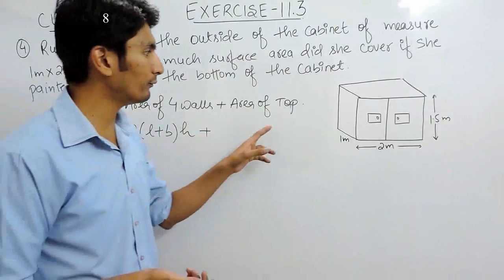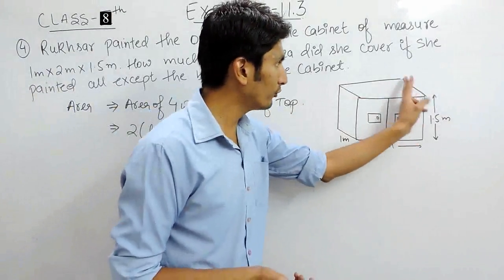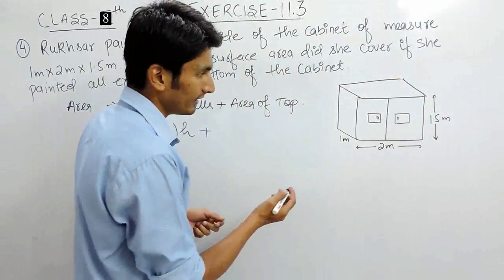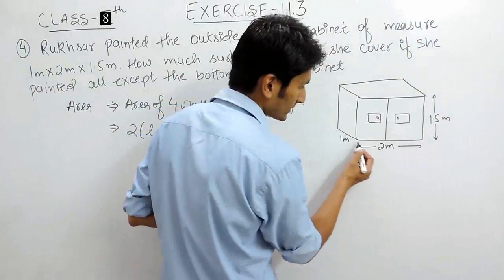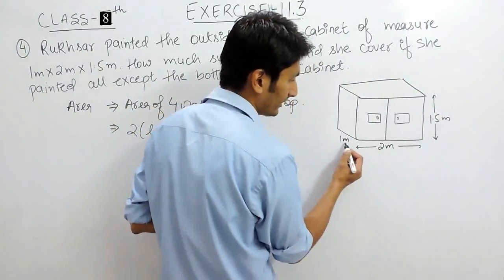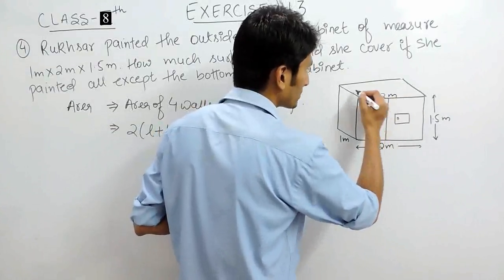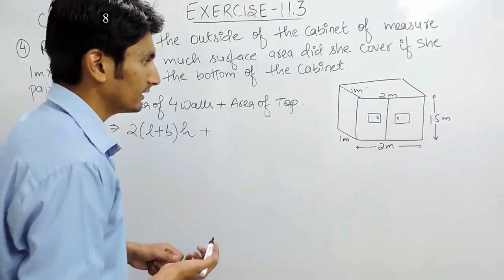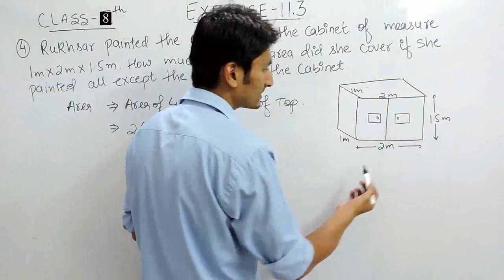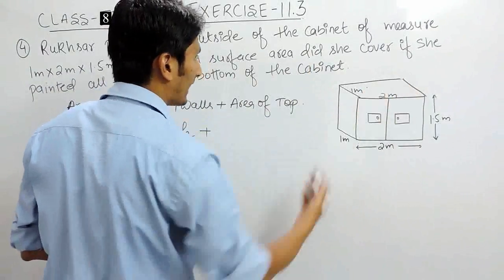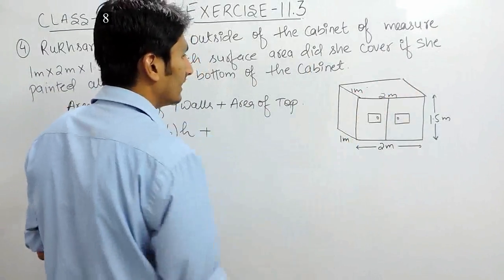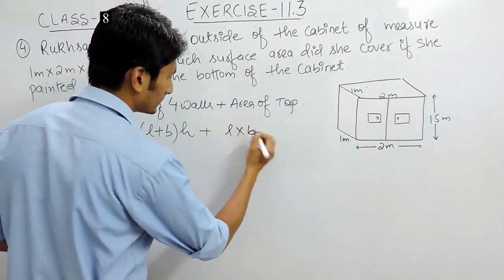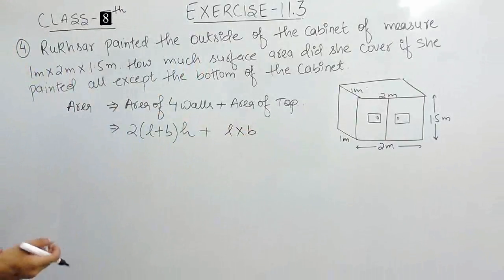The area of the top would be a rectangle same as the bottom, and if the dimensions of the bottom, or you can say the length and breadth of the bottom, are 2 and 1, so clearly the top must be of the same dimension. This is the basic property of a cuboid. It has the same top as its base. So we know the dimensions of its top, and it would be a rectangle, so its area should be equal to length into breadth. So this is how we can find the surface area.